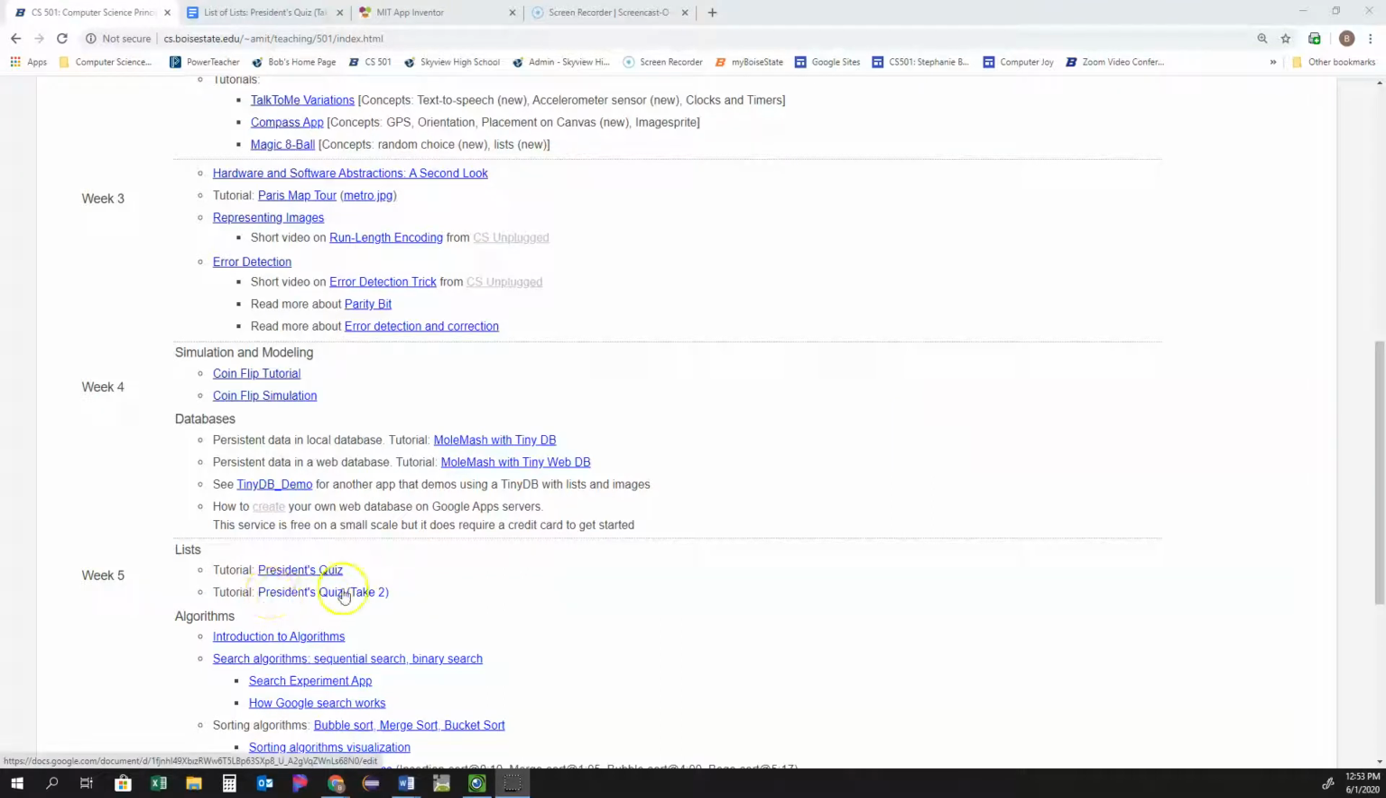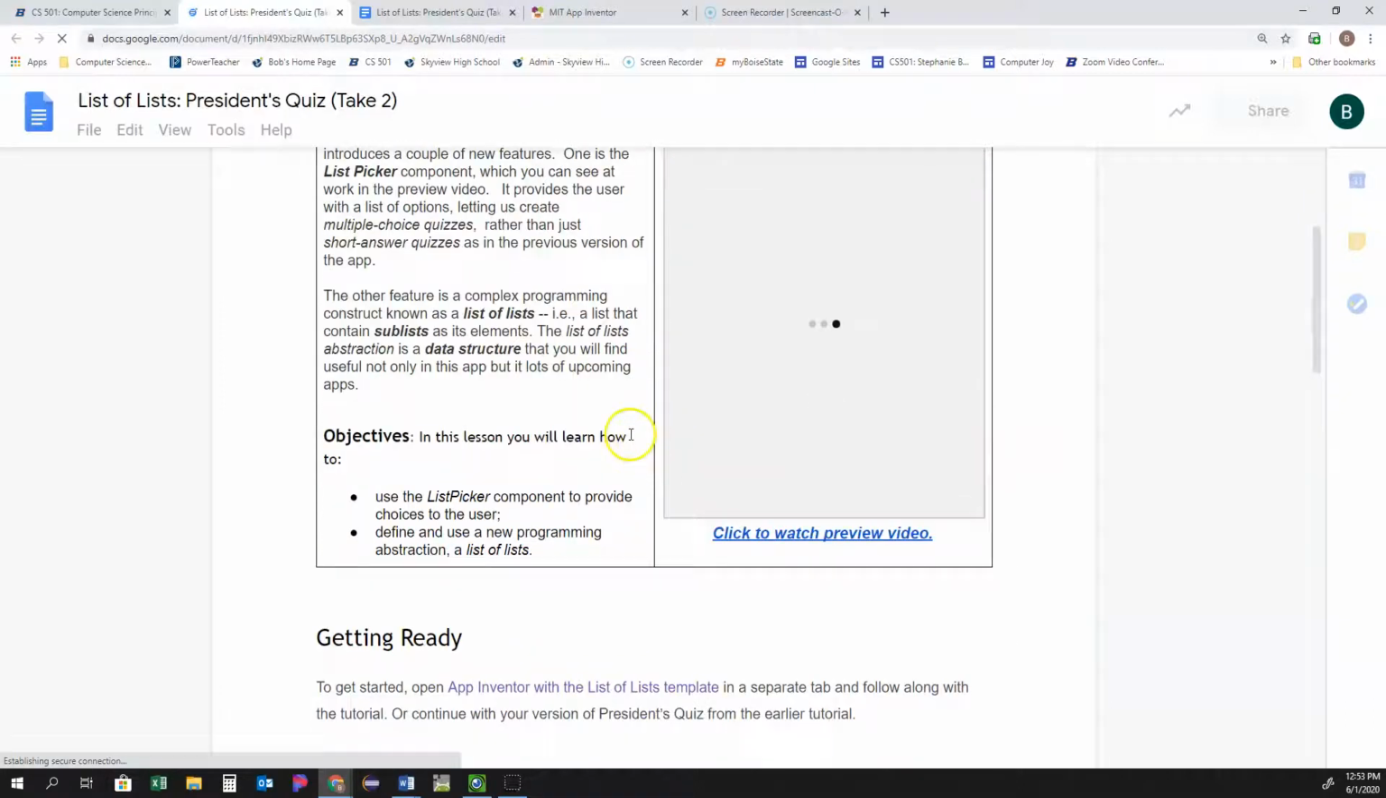We're going to be working on your President's Quiz Take 2, and it's just an extension of our President's Quiz tutorial. The President's Quiz Take 2 has a downloadable template, but it is just the same place that we stopped with the first one. So if we go into the